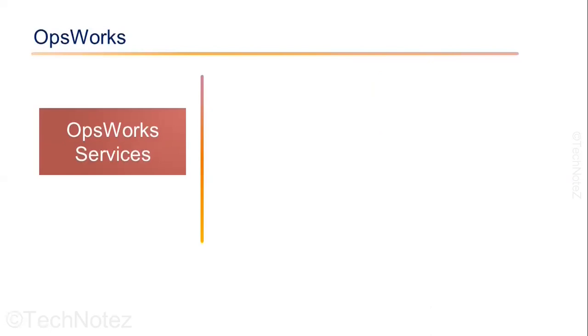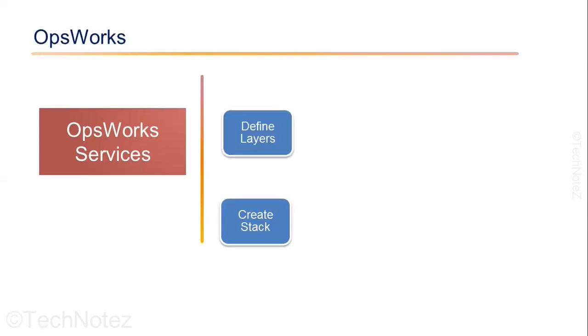The OpsWorks workflow consists of the following steps: creating a stack. Use the AWS Management Console, CLI, or SDK to create a stack. A stack defines the AWS resources that your application requires, such as EC2 instances, load balancers, and RDS instances. Define the layers. Define the layers that your stack will contain, such as web server, application server, and database. Each layer contains one or more instances that run the software for that layer. Add instances. Add instances to each layer in your stack. You can use OpsWorks to automatically launch the instances, or you can add the existing instances that you have already launched.